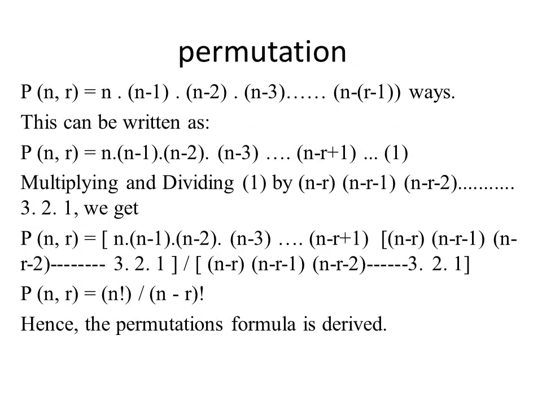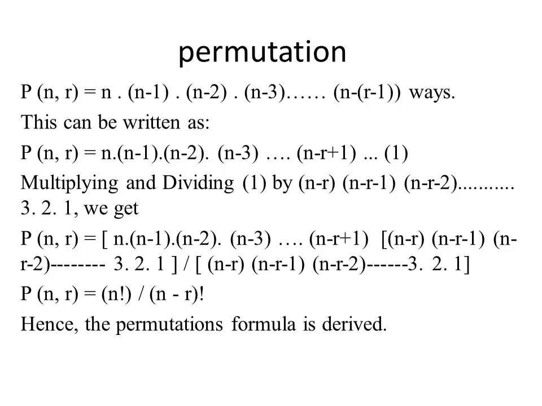Or this can be proved as follows. P of n comma r is equal to n into n minus 1 into n minus 2 into n minus 3 so on to n minus r plus 1 ways. This can be written as P of n comma r is equal to n into n minus 1 into n minus 2 into n minus 3 so on to n minus r plus 1, which is called equation 1. Multiplying and dividing equation 1 by n minus r into n minus r minus 1 into n minus r minus 2 so on to 3 into 2 into 1, we get P of n comma r is equal to n into